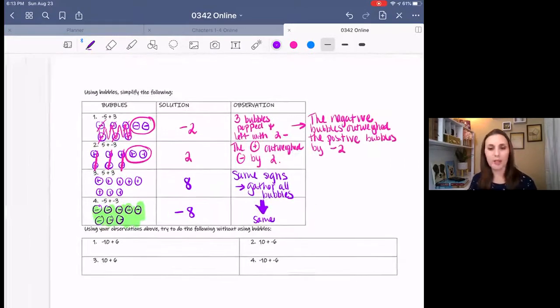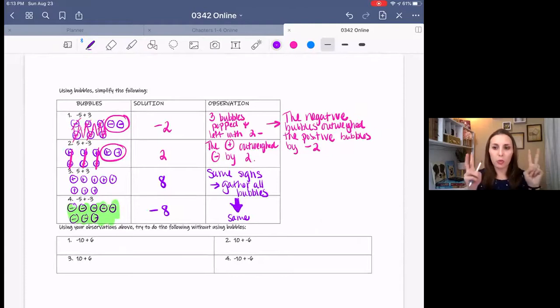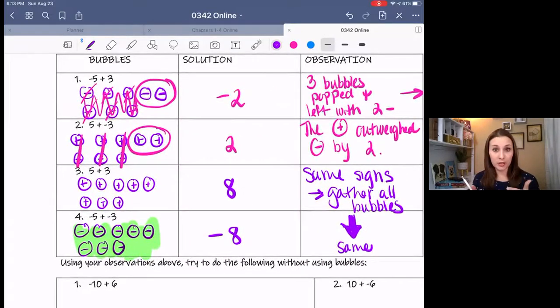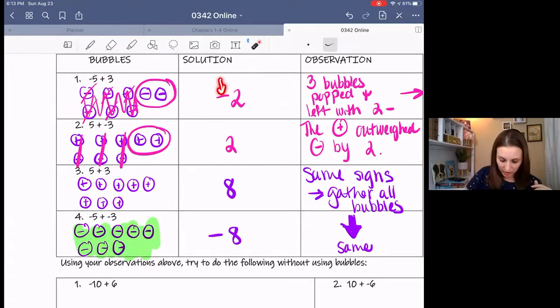Basically on this far right side, these are the rules that I learned. In the first two examples where they had different signs, we ended up kind of subtracting the two numbers, and the larger number, we took that sign. So that was a lot of words. Let's look at it. Different signs, we subtracted the two numbers and took the sign of the larger number. I'm not going to make you memorize that. If you want to,